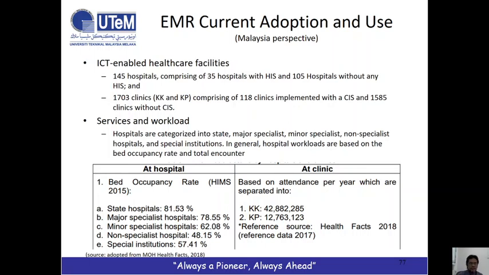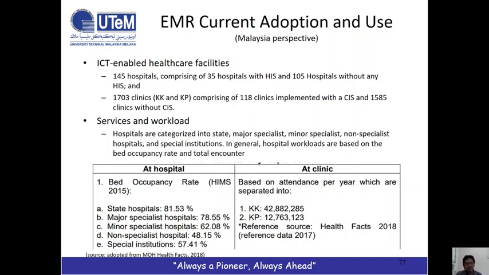81.53% of the admitted patients are in the state hospitals, and the major specialist hospitals, for example Hospital Melaka, Hospital Muar, Hospital Putrajaya, Hospital Serdang. So the number of patients is less than in the state hospitals. We stand at 78. Specialist hospital 62, non-specialist hospital 48%, and special institution is